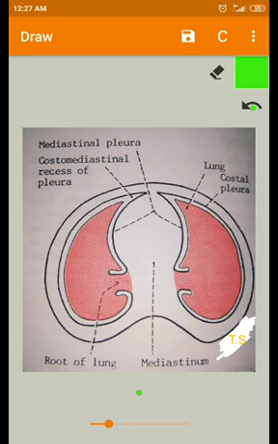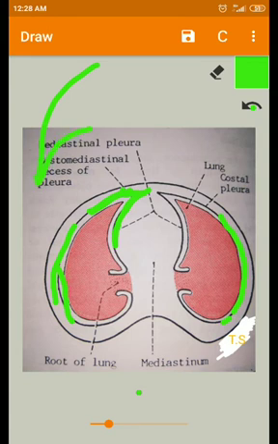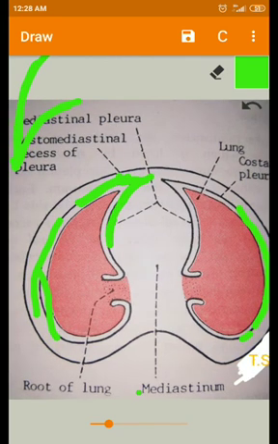Okay, so we have already seen some of the reflections of the parietal pleura. This one is the costal pleura here. We can see the costal pleura here. And this one is the mediastinal pleura. This side is the mediastinal pleura. Okay, and this one is the costal pleura. This is mediastinal pleura. In the case of a longitudinal section, you can see the diaphragmatic pleura and the costal pleura. On the anterior side, you can see the costal pleura and the mediastinal pleura. Okay, so that is the difference here.